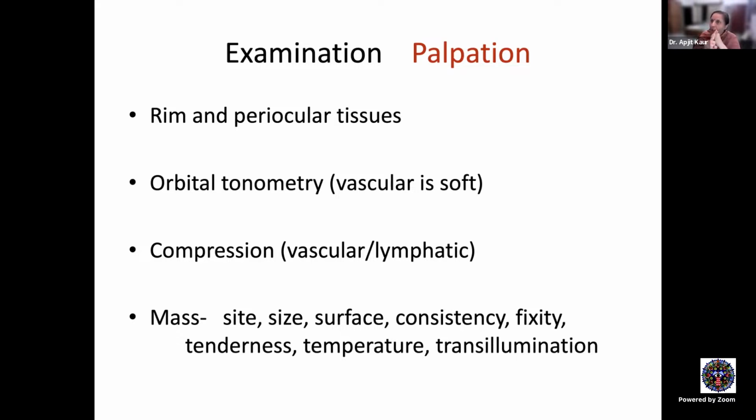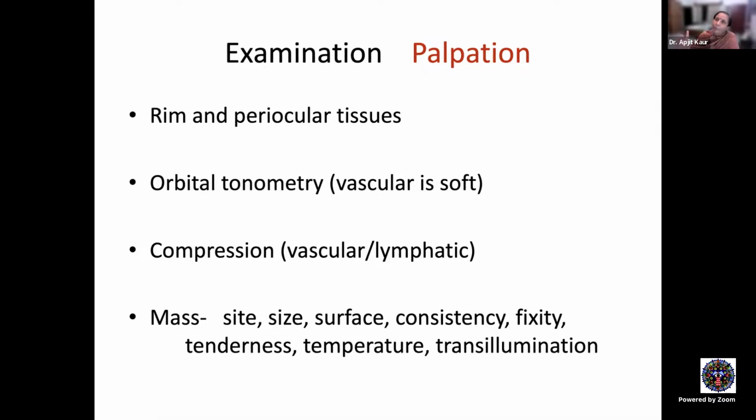So compressibility indicates vascularity, all others are firm. If it is very hard, you know it is bony in nature, or tense cystic, like the deep dermoid cysts, the posterior dermoid cysts. So whenever you talk of a mass in the orbit, the parameters of evaluation are the